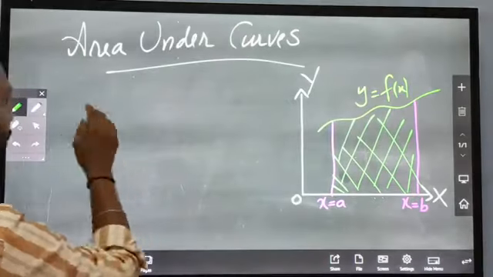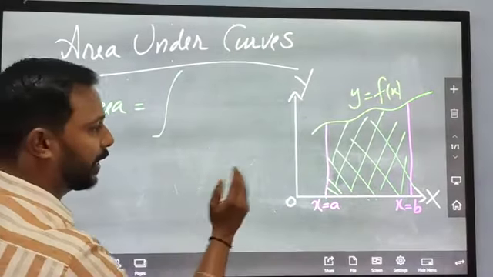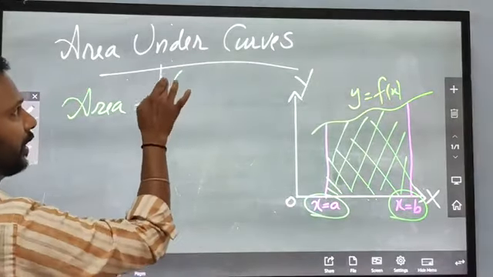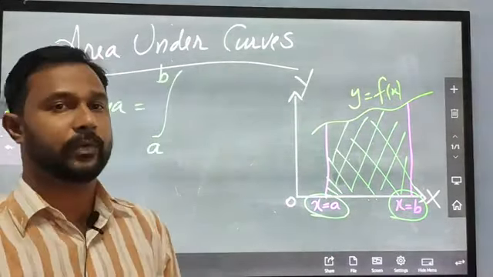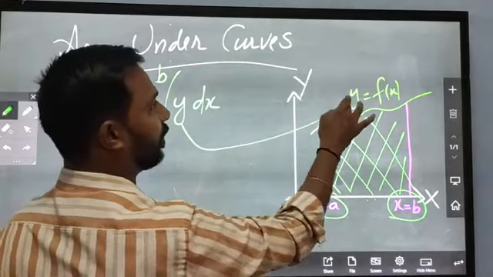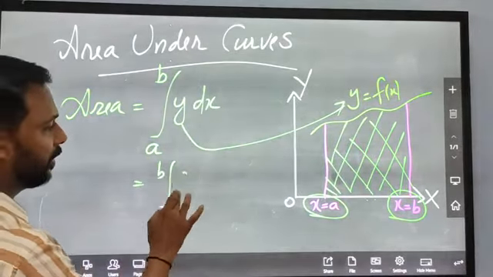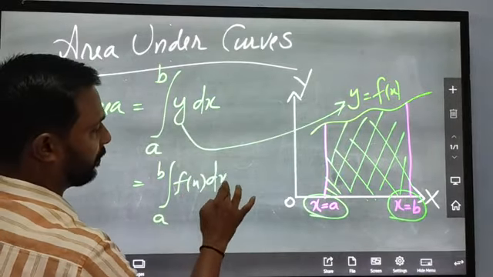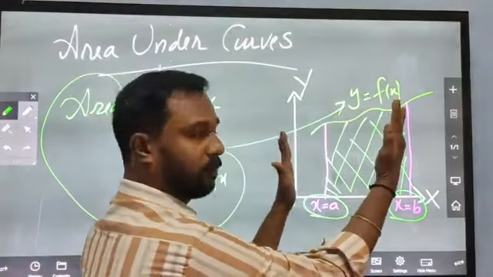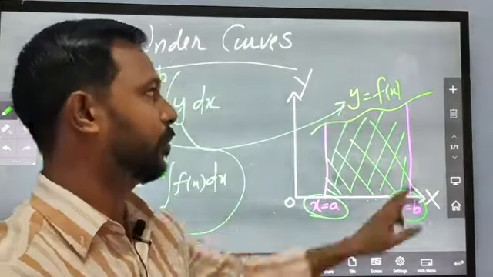How to find the area? We have the equation: required area is equal to integral from x equal to a to x equal to b. That we write as integral a to b, the limits of integration, under y dx. Now y is equal to f of x. Therefore this can be rewritten as integral a to b f of x dx. So here is the equation to find the area under a curve between some boundaries with x-axis. Using this concept, let us go for a problem solving.